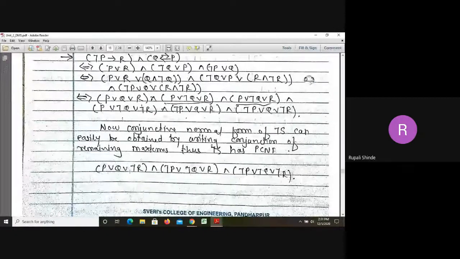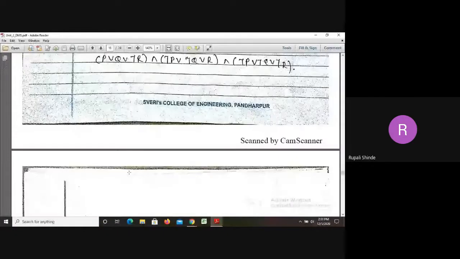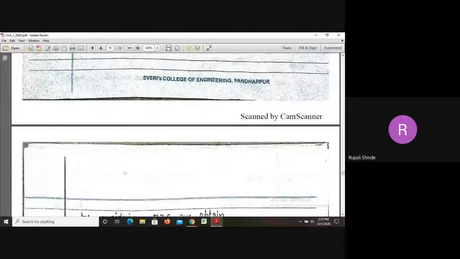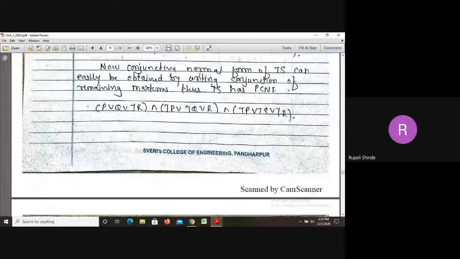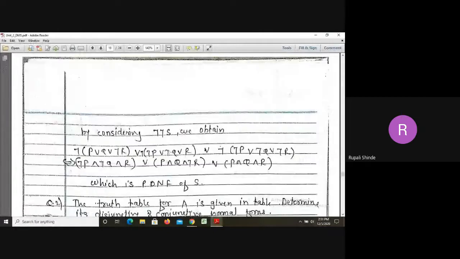Now in the next step, we have to take its negation. So negation should be applied to hold this bracket, to hold 3 terms. So here we have applied that negation. So again apply this negation inside the bracket, negation of negation P and negation Q and R, or negation of negation P. This is P and Q and negation R, or P and Q and R.